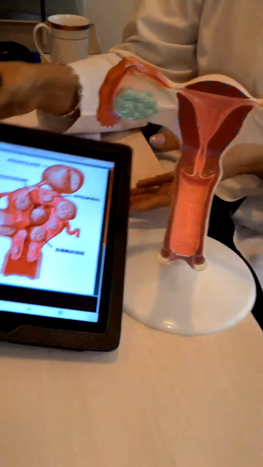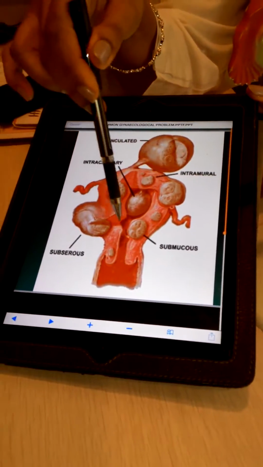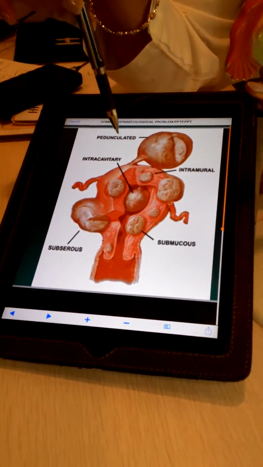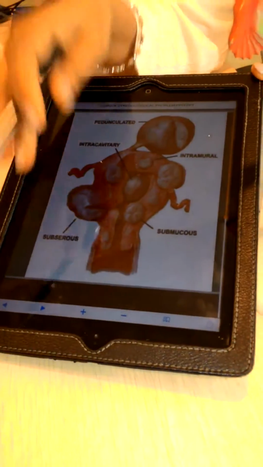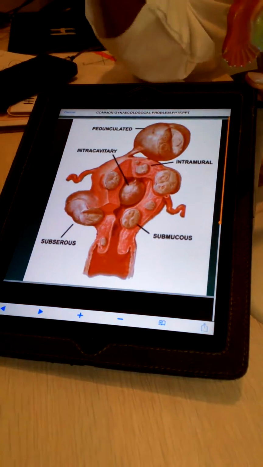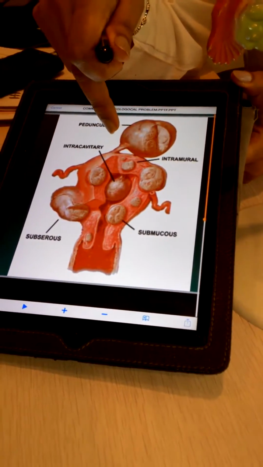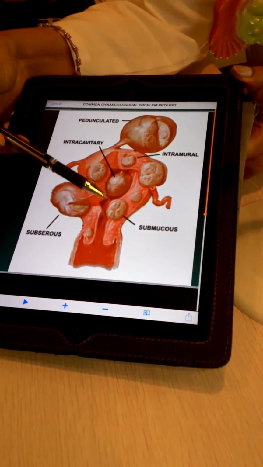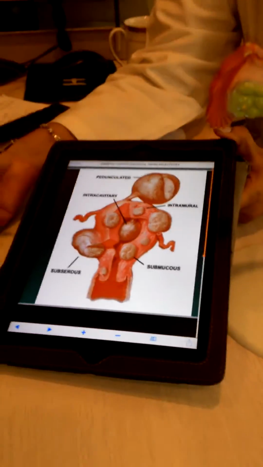If you look at this picture, the fibroids usually start off in the wall, can be one or multiple in number, and they either stay in the wall or they could migrate into the uterine cavity or advance upwards or become serosal. So depending on the position of the fibroid, a patient could have different manifestations.